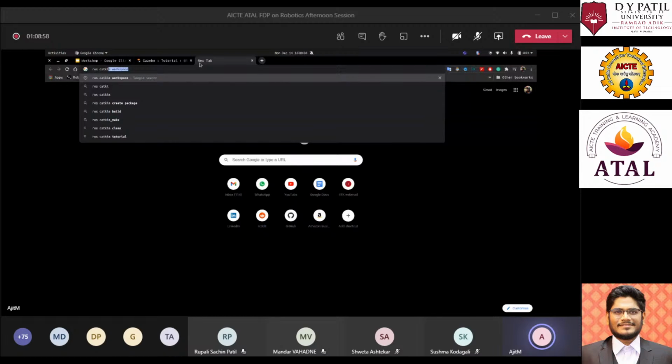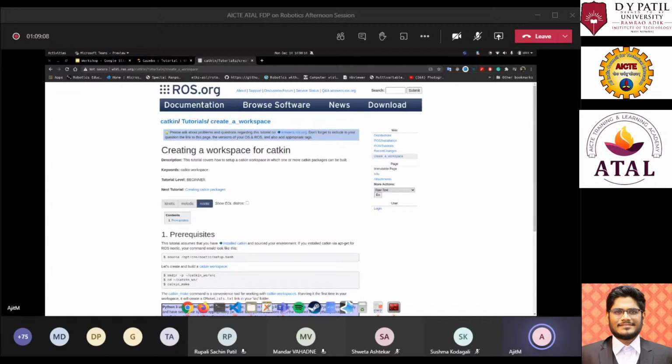So this is how you create a Catkin workspace, and here is where you implement all your code and keep your required packages, and there is a specific structure to this Catkin workspace. Here, if I say ls, you can see there are three different folders.